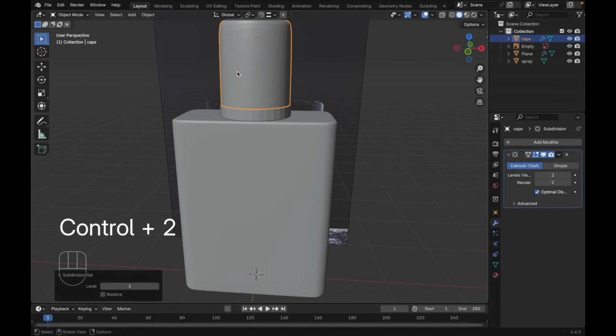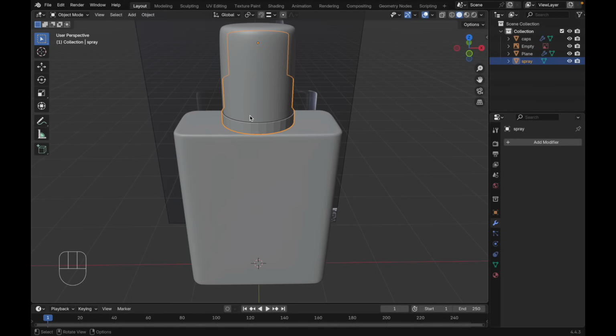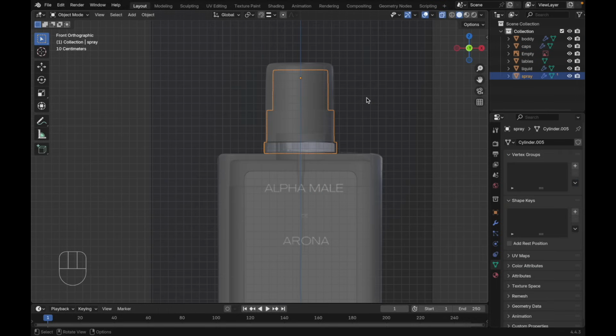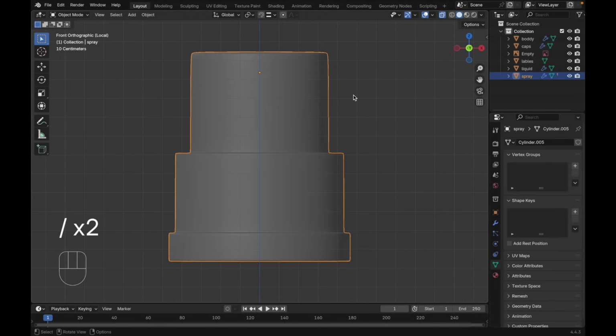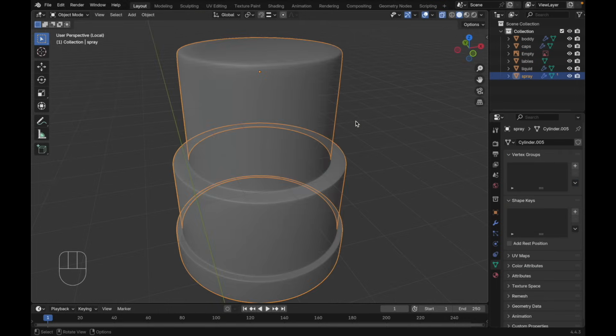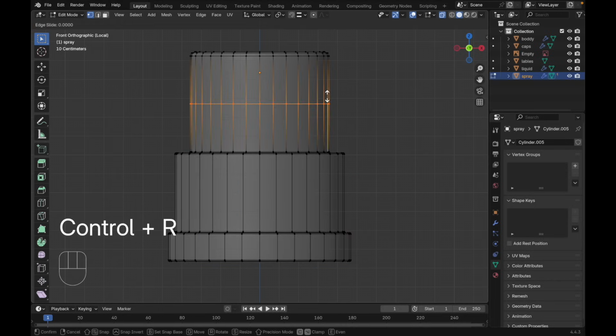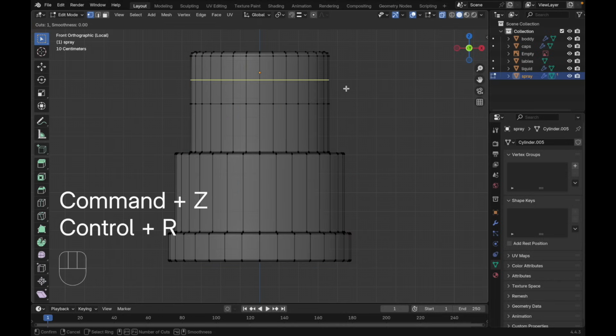Ctrl 2. Right click, shade smooth. This one also, Ctrl 2. Right click, shade smooth. Select your spray, press slash to isolate so we can focus on this object. Tab to the edit mode, press Ctrl R, just put a loop cut here, press Ctrl R again, but this one